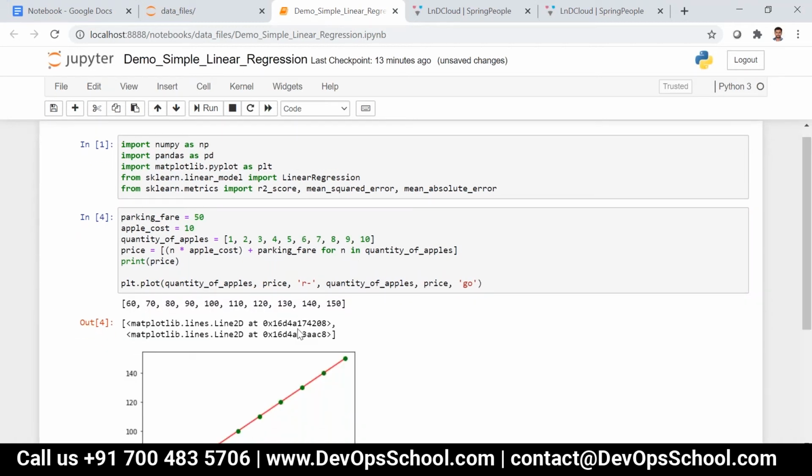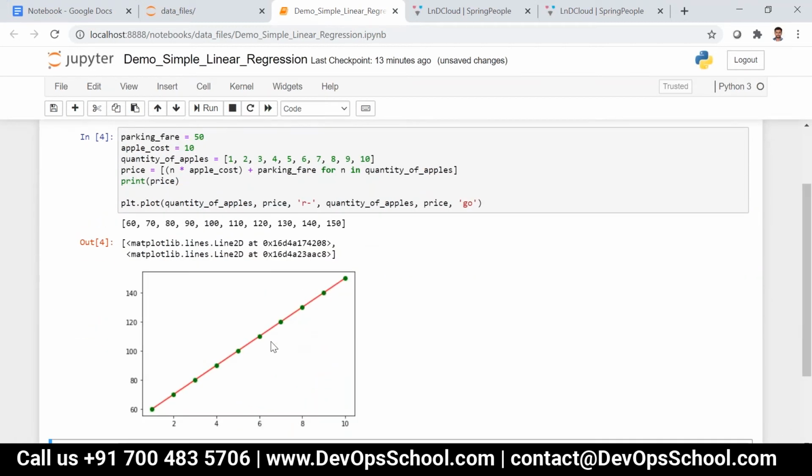You can see what you see here is a straight line. It's linear. Depending on the number of apples, the amount that you spend in the fruit shop will be linear. Whenever you increase the quantity of apples, obviously the price will be increasing.